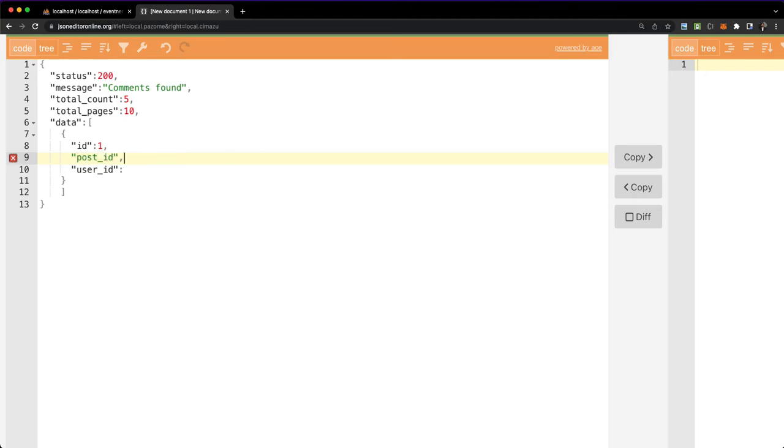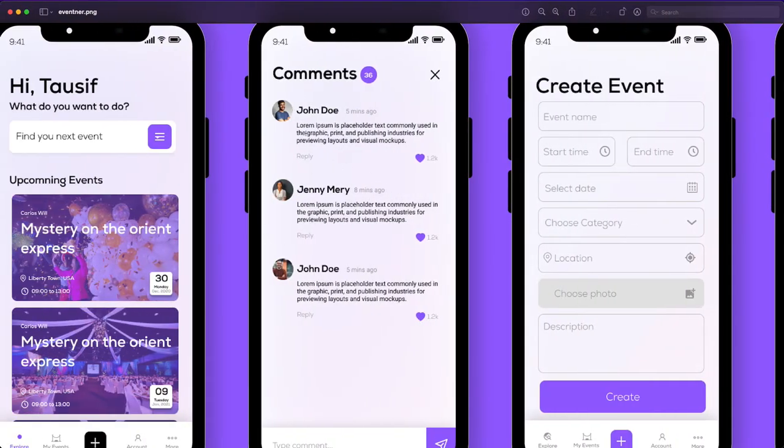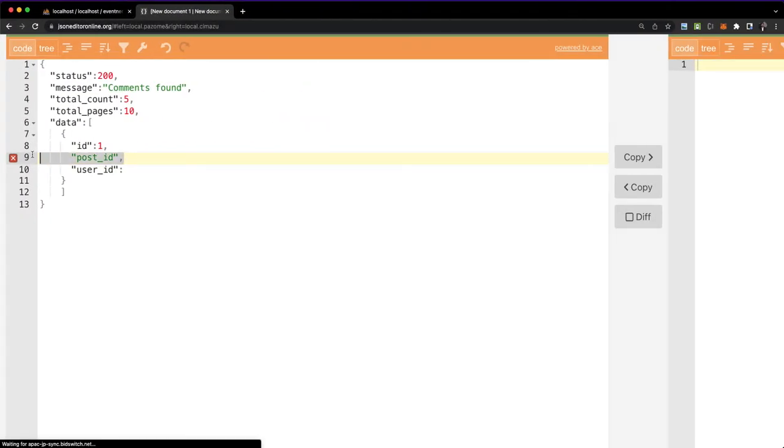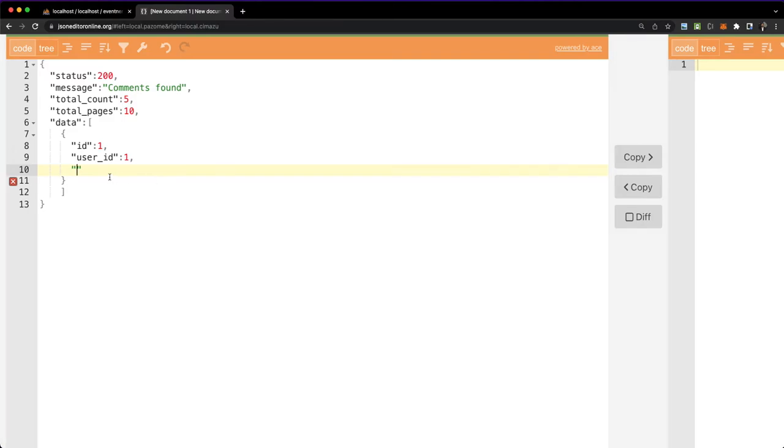The reason for adding the post ID is that we can have a reply to that comment as well, and so on. But let's not add it. Once we need it, we will add it at that time. So okay, user ID is fine. Then we need user ID, user name, and user image. So the username is the person who has given that comment, for example John, and the user image, for example,